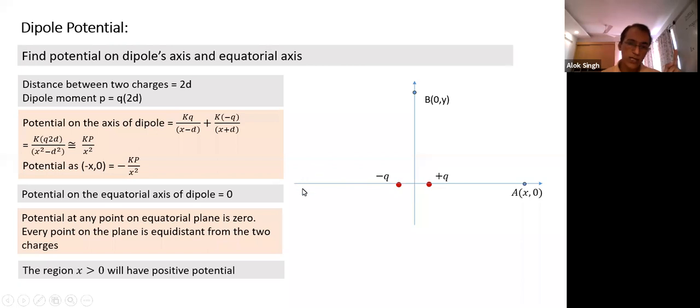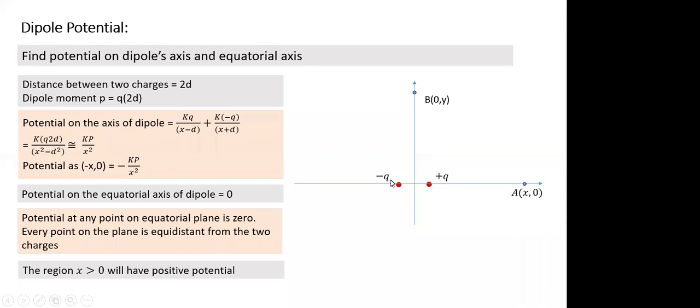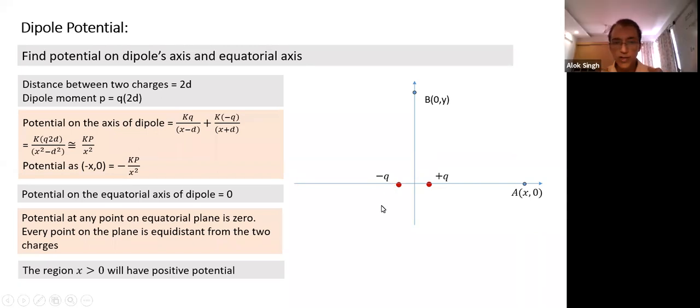Anywhere on this side, on the negative axis, which charge is nearer? Everywhere on the negative axis, minus q is nearer. Hence, what is the net sign of the potential? The net sign at the point will become negative. And that's what we need to keep in mind. We calculate potential due to each charge separately. These are the terms, kq by the distance.